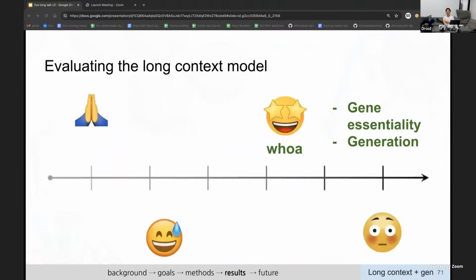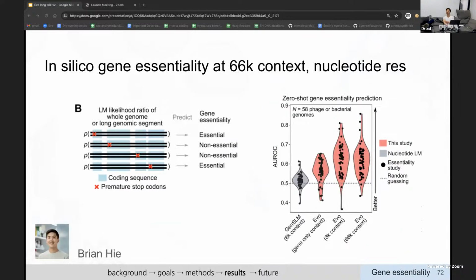I'll skip that. For time, I'll jump to some of the other long-range tasks that we're pretty excited about. There's this one task called gene essentiality, and this is a test done normally in the wet lab only, which could take months to do. And the idea is to take a genome from a microbial life and then knock out a specific gene by adding a premature stop codon, which will essentially render that gene useless, and then see if the organism survives or not, right? So this is a way to see if that gene was essential for life or for this organism or not. And this is done in the lab.